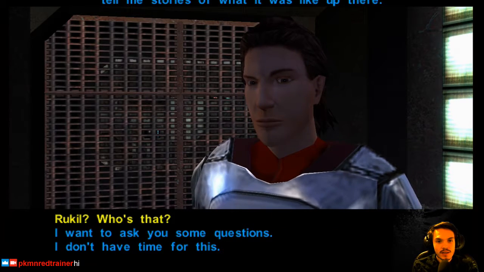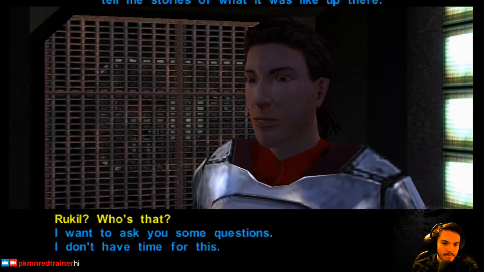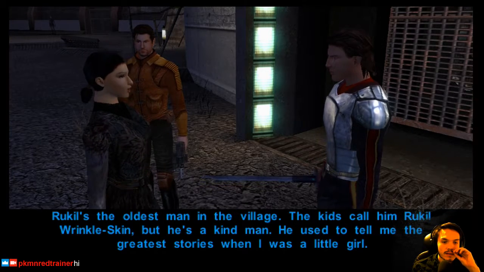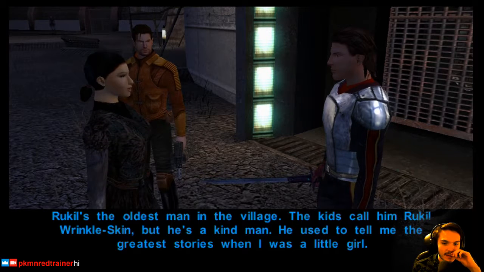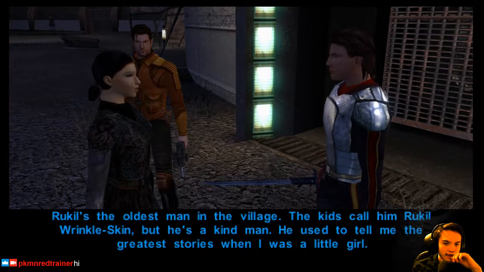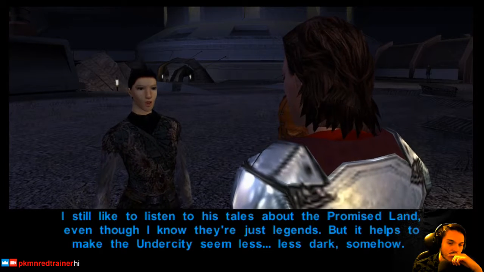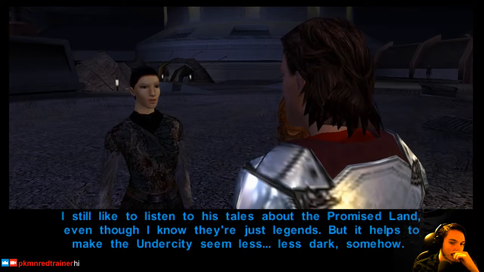Raza Rukil used to tell stories. Rukil's the oldest man in the village. The kids call him Rukil Wrinkleskin, but he's a kind man. He used to tell me the greatest stories. I still like to listen to his tales about the Promised Land, even though I know they're just legends, but it helps to make the...